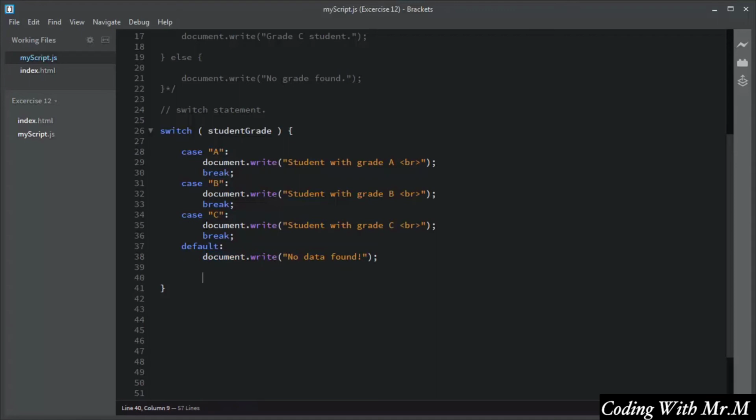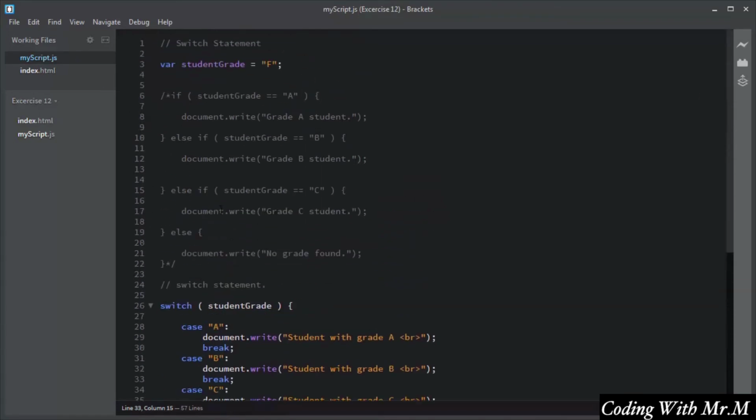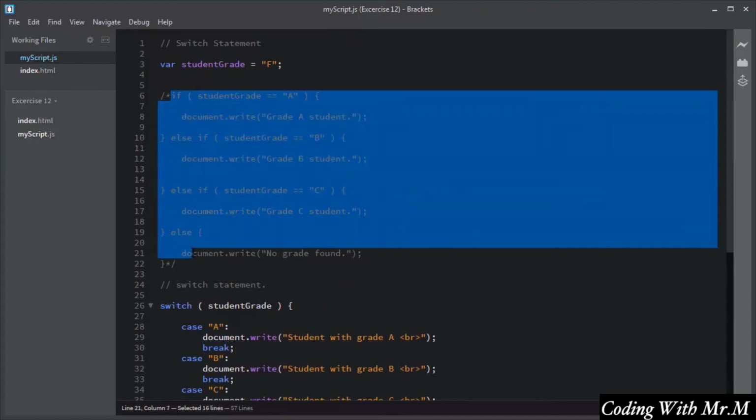So as I said earlier, the break and the default are optional, but it is necessary to use the break statement to stop the execution of further case testing, and the default keyword is used if there is no case match, then the block of code is executed in the default block. So this is how you can convert this if-else if statement